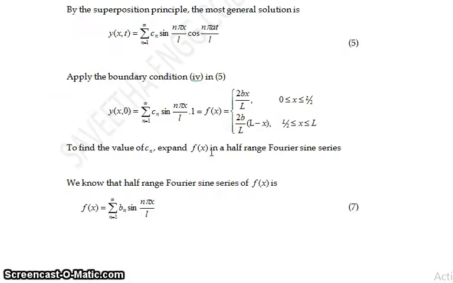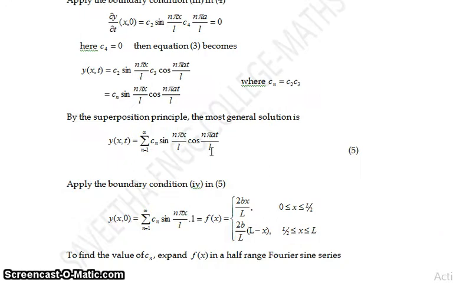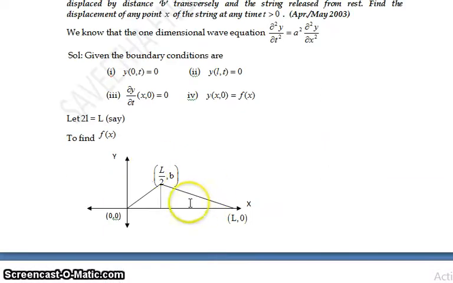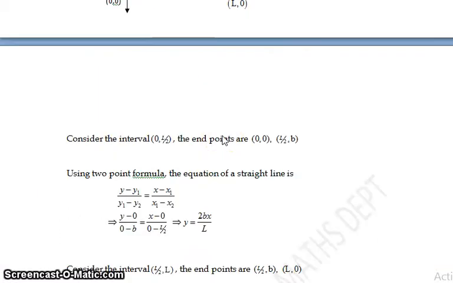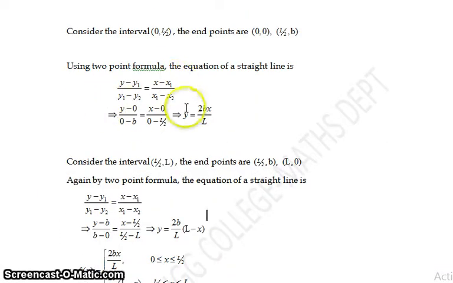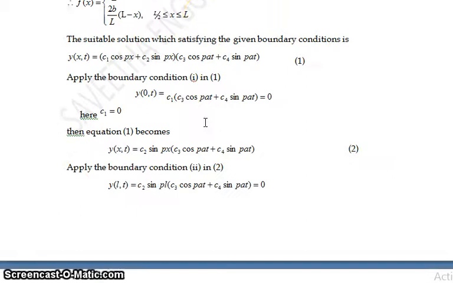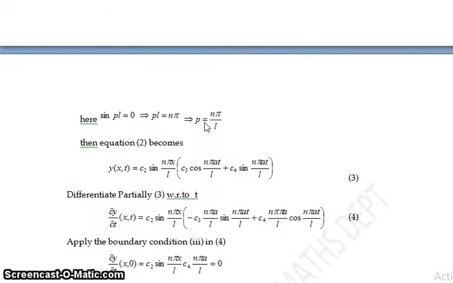These are very important. We have to find the f of x functions using the interval values, that is, using the diagram here. First write down the conditions, then apply 1 in 1, 2 in 2. Before that, by using the midpoint value we can find the f of x function. Here we get two functions, one is 0 to L by 2, the next one is L by 2 to L. So this is a very important problem. Go through it again and again.